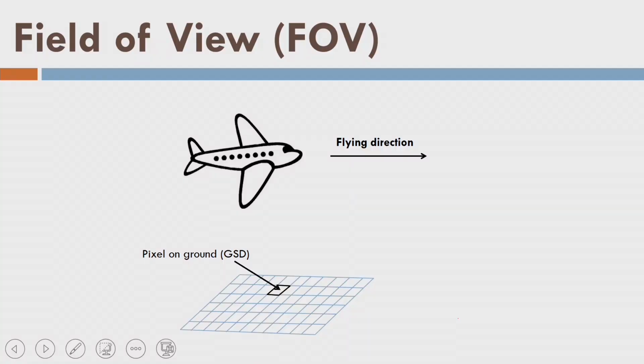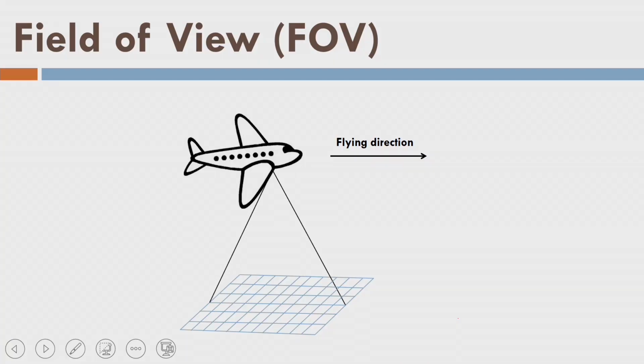Secondly, I am talking about digital cameras because they are the only popular ones now. All the film based cameras are obsolete. So we are going to talk about a digital camera in photogrammetry. We have a digital aerial camera mounted in an aircraft, acquiring one scene, and this scene is explained by these pixels. It is a frame camera, so it makes one exposure and acquires this scene. In this scene, so many pixels are there, and one pixel size on the ground is called GSD, ground sampling distance.